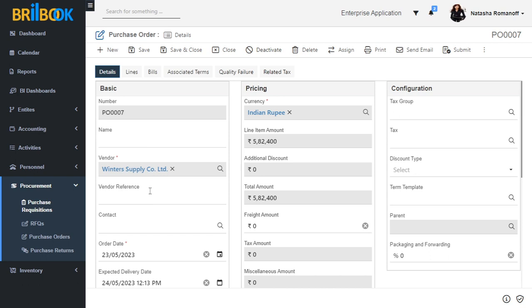After successfully creating the purchase order and purchase order line, click on the submit button to submit this purchase order record.